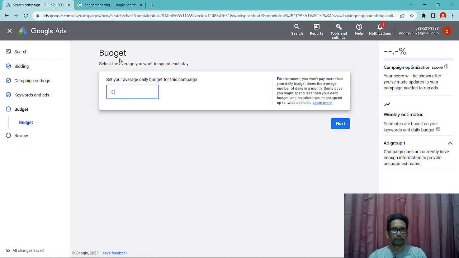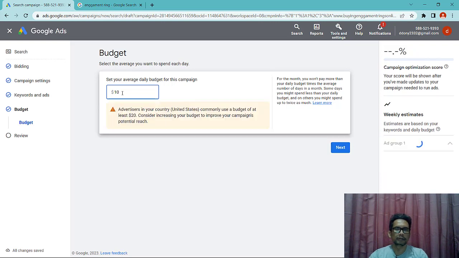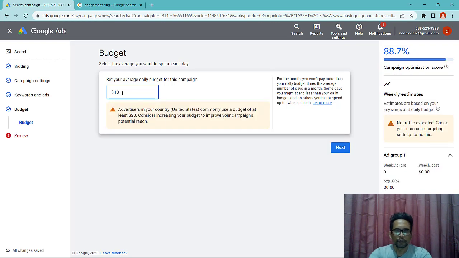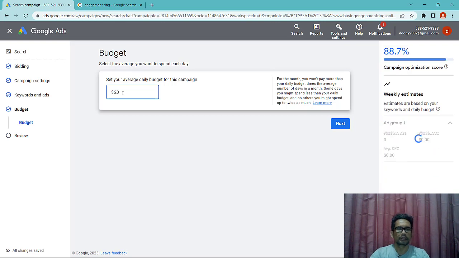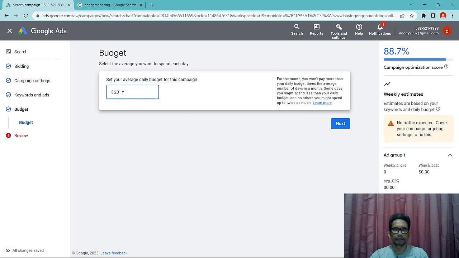You can set your budget, select the average you want to spend each day. You can put in $10. Okay, $20. And click next and get reviewed by Google Ads.